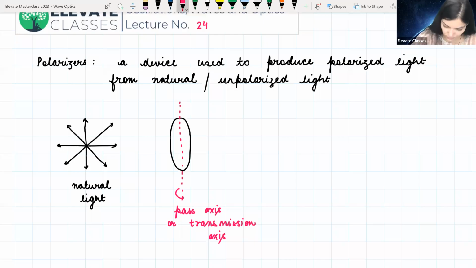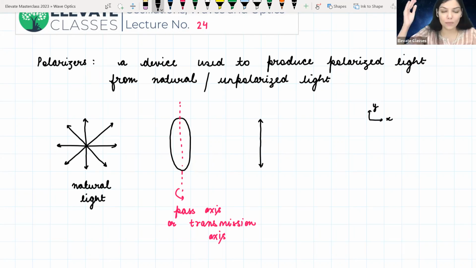of my polarizer. Now it will only let that component of the electric field pass through which is parallel to this transmission axis. So then I know that I will get this kind of a Y polarized light, if I define this as my coordinate system, X and Y. So now that I have a plane polarized state,